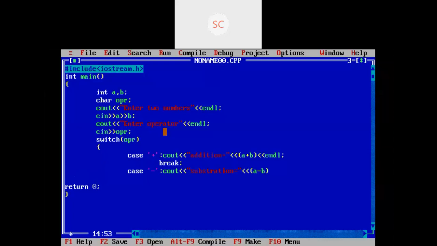Whatever numbers you enter, both are in a and b, right? And then the break statement. Here I have written only two cases. You can write all the operators here.